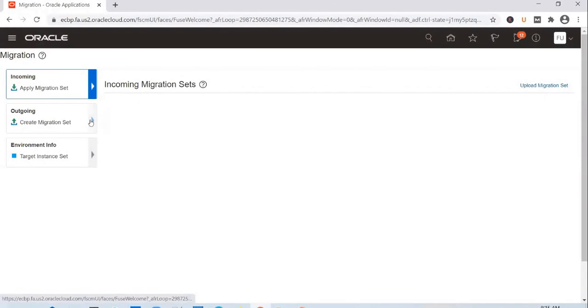So you go into create migration set and generate a migration set. You extract the zip file that is generated from the dev instance, then log into the SIT or UAT instance and click on the upload migration set option. When you do this, you will see a file picker option again, and you can pick the migration set that you have exported from the previous instance. It looks like it got stuck again. Okay, this is how you can migrate sandboxes from one instance to another, or the changes that you have done with the help of a sandbox.